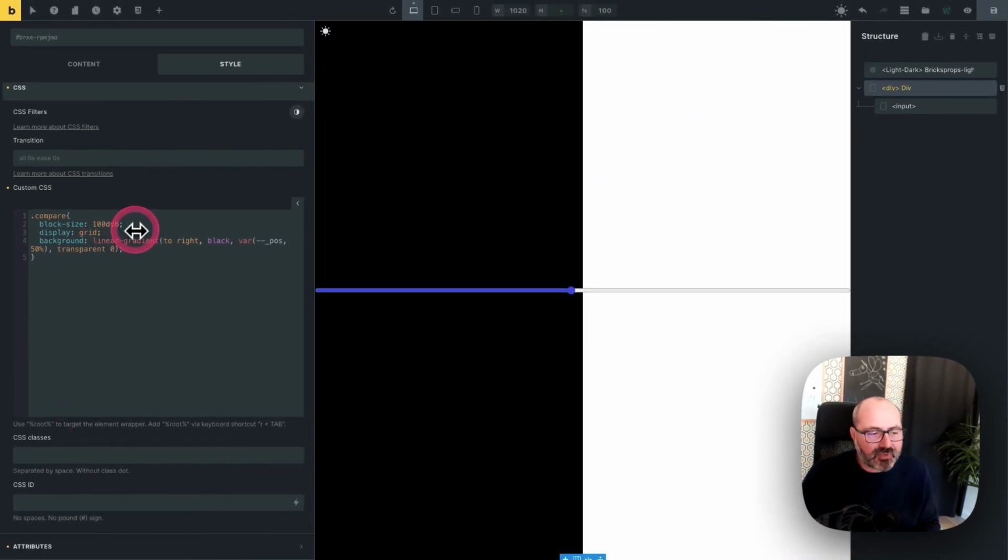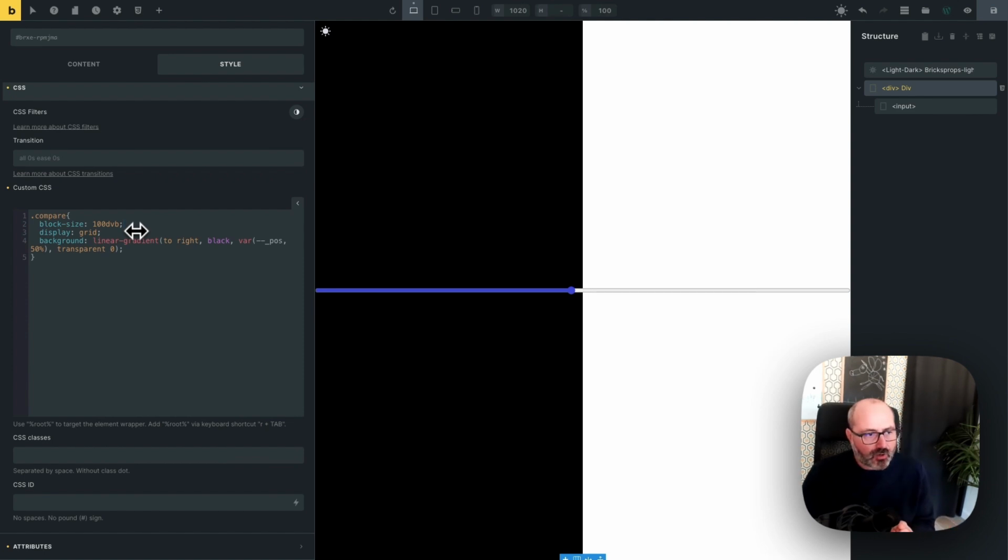The difference between VB, the viewport block unit, and the dVB, the dynamic viewport block unit, is mainly useful on mobiles where you have elements of the interface like status bar or toolbar that appear and disappear from the interface. When you use the dVB unit, you will always have 100 or whatever value you want, but in my case, 100 of the visible viewport. So it may be the full screen when no UI element is visible, but when we have a toolbar and a status bar, it will be a bit less than the full screen, but 100 dVB will always be